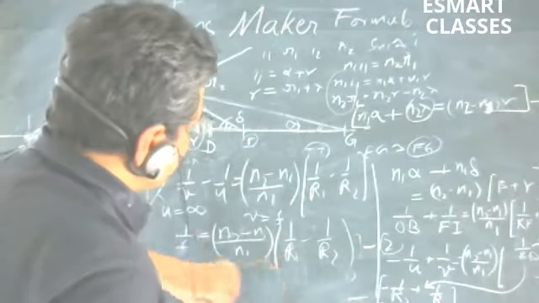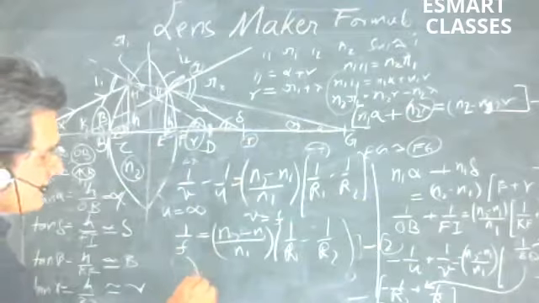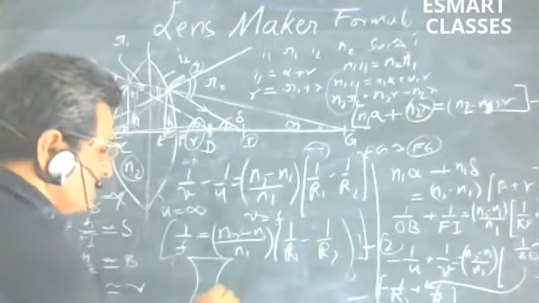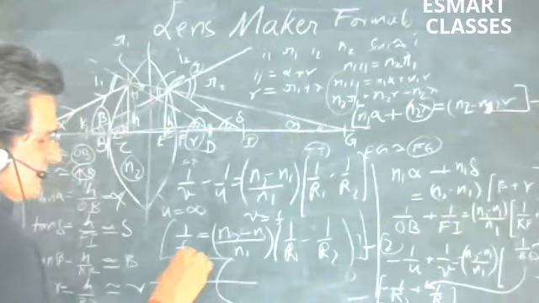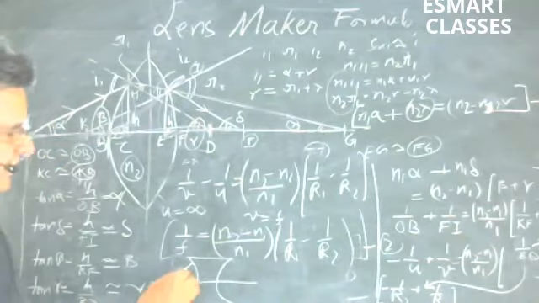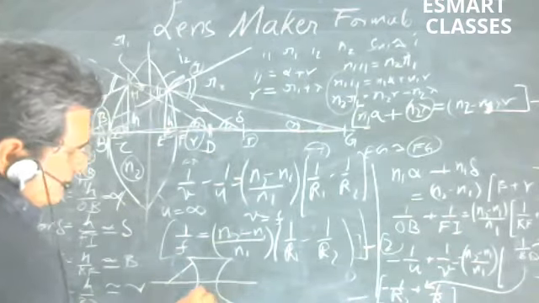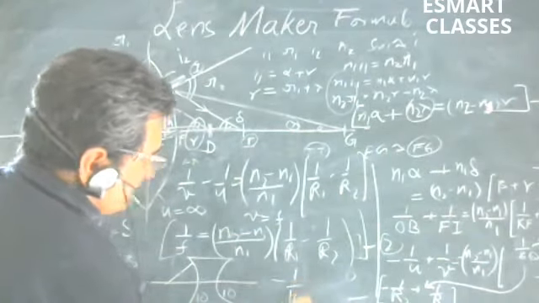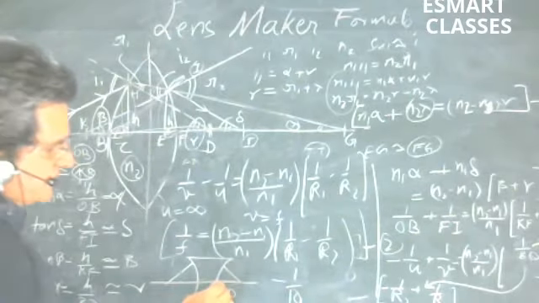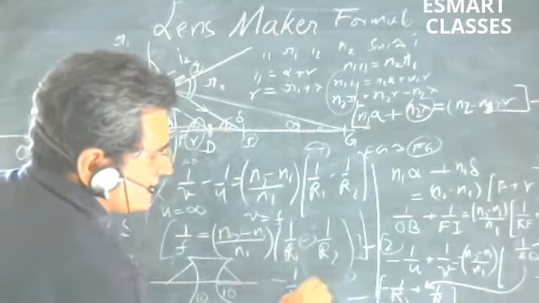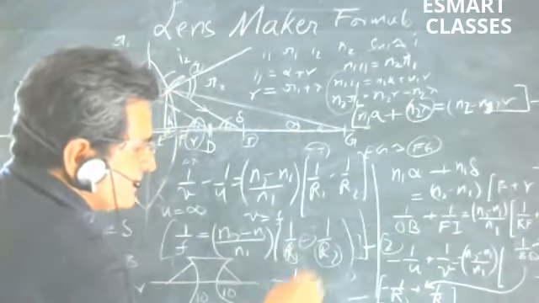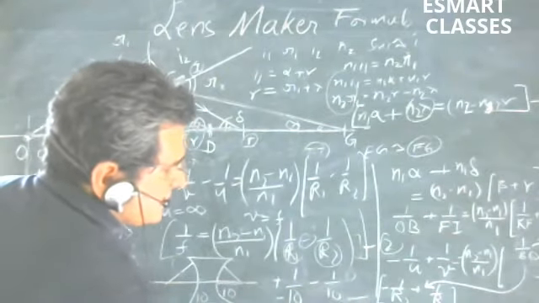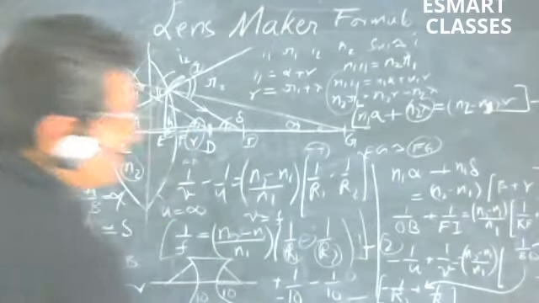Had it been a concave lens, if you derive for concave lens, you will again get the same result. But when you put the values again while solving the problem, see in this case, this is surface 1, and the R1 for the surface 1 will be negative. If it is 10 and 10 for both the surfaces, now for concave we will have to write minus 1 upon 10, and R2 here, now it is positive, it is in this direction. This sign will remain, this will not get affected. Sign we have to put here. Here we have put the sign, let it be like this, minus 1 upon 10, minus 1 upon 10, so it becomes minus 2 upon 10. It will be negative, which is the correct result.